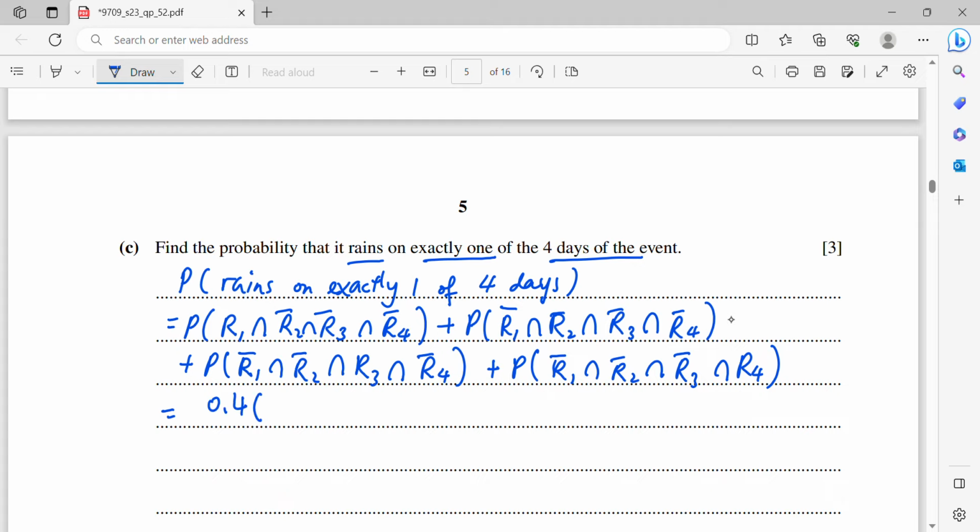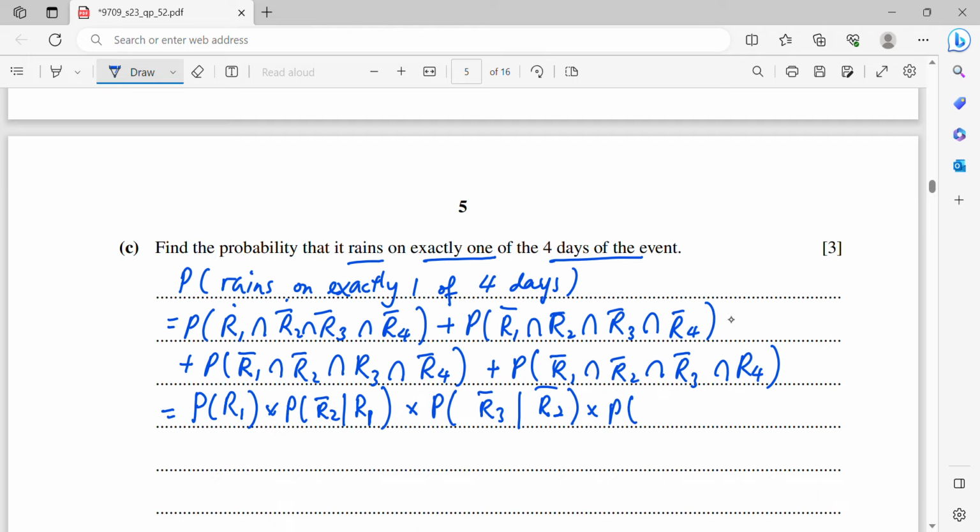Second day not rain. Second day not rain means that first day already rain. Alright, so now probably I will write this. P(R1) times P(R2 | R1), second day not rain, times P, probably I write R2 not rain, R3 not rain,